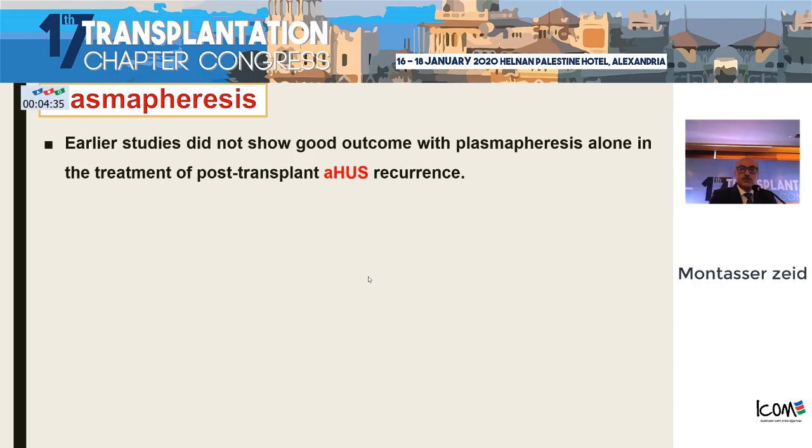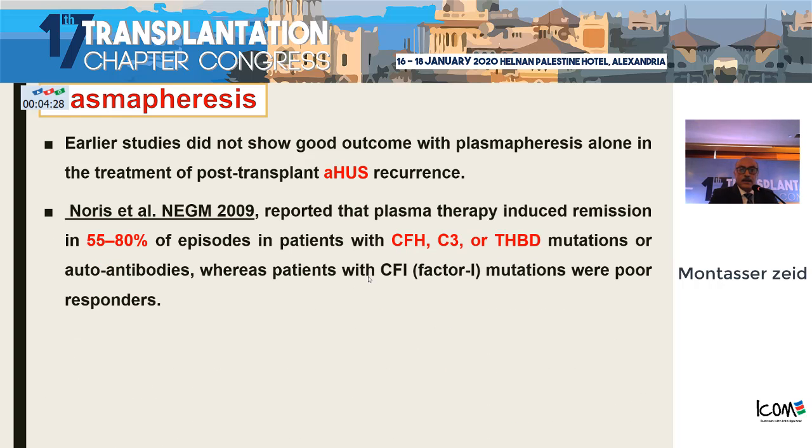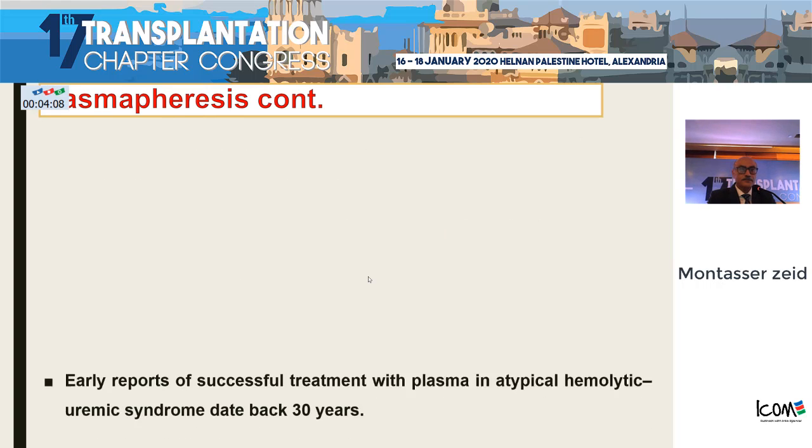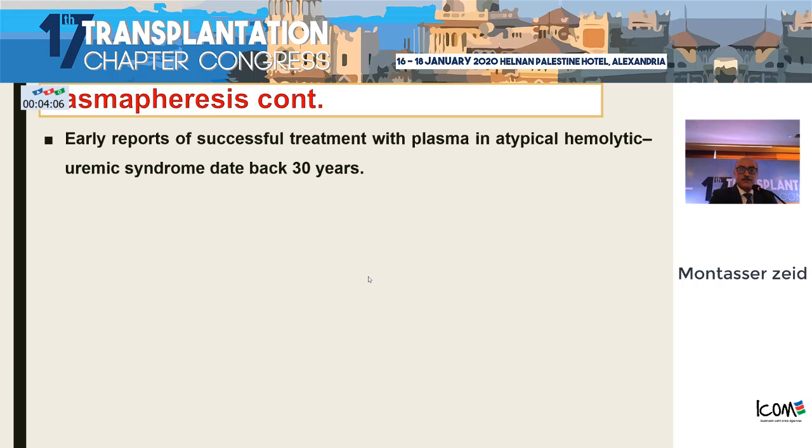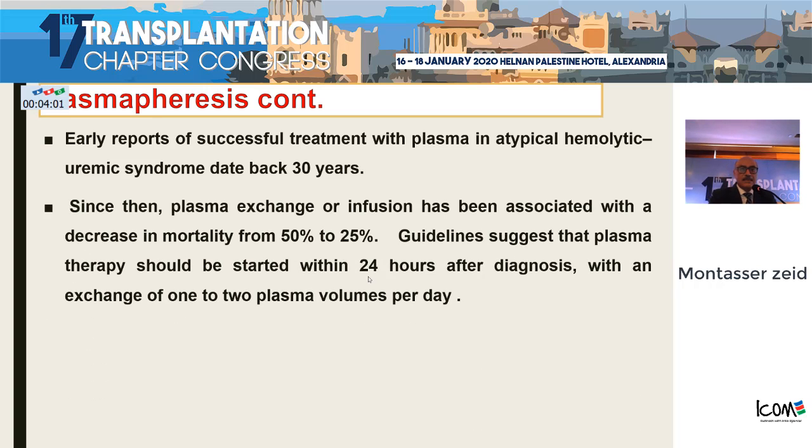Earlier studies did not show good outcome with plasmapheresis alone in the treatment of post-transplant atypical HUS recurrence. Nori et al. reported that plasma therapy induced remission in 55 to 80% of episodes in patients with complement factor H, C3, or thrombomodulin mutations or autoantibodies, whereas patients with complement factor I mutations were very poor responders. Earlier reports of successful treatment with plasma in atypical hemolytic uremic syndrome date back 30 years, and since then plasma